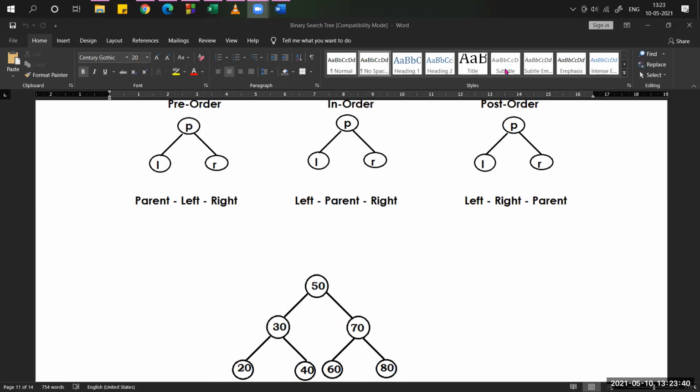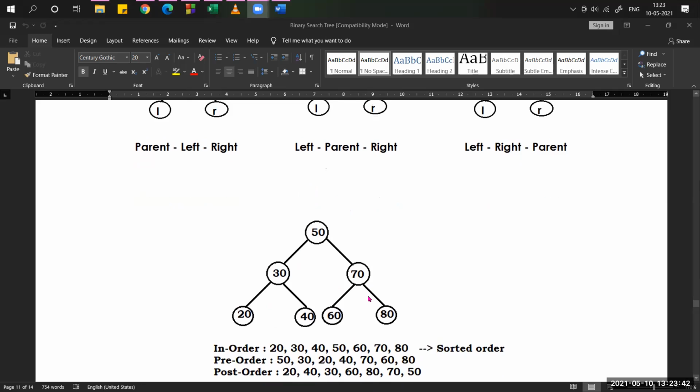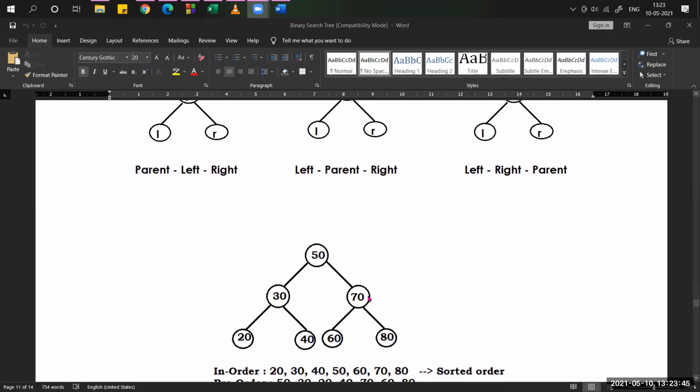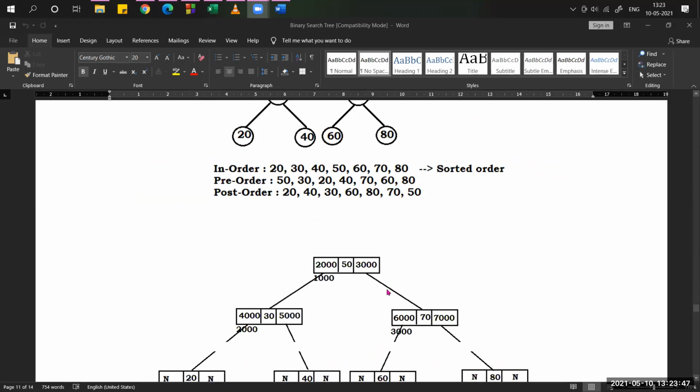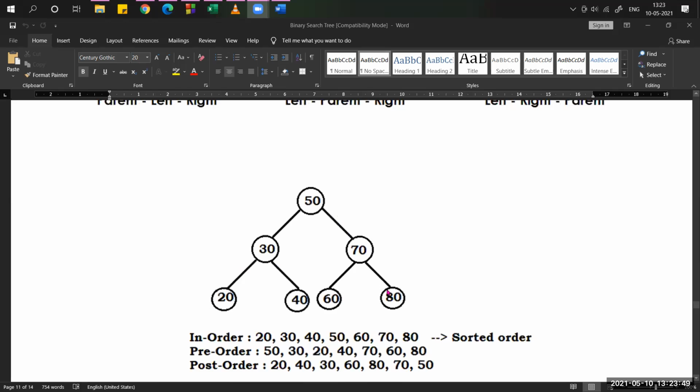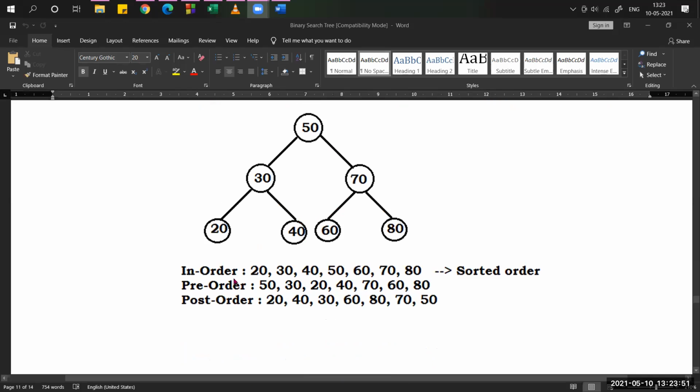Okay. Now let's check the in order traversal based on this one. See here. What is the in order traversal formula? In means the root node or parent node should come in the middle. In means left, parent, right.